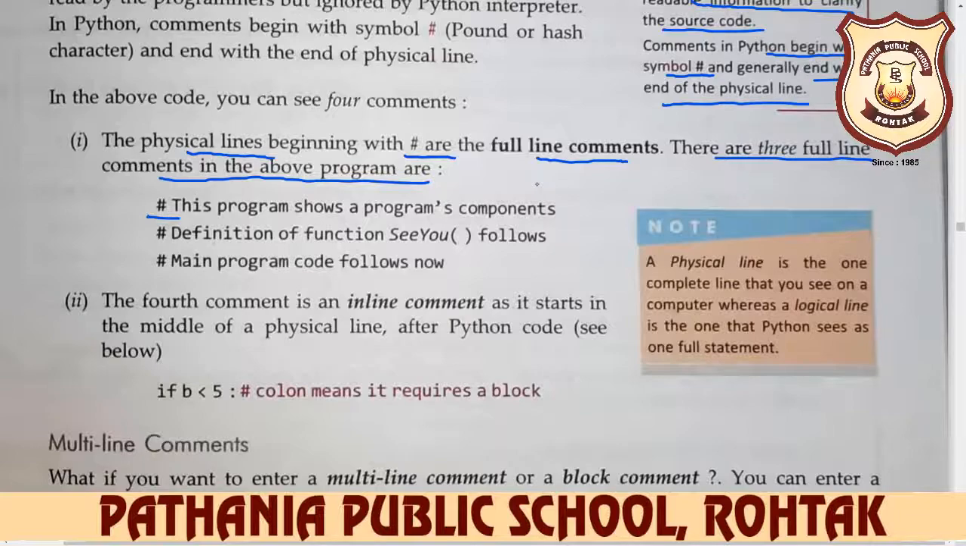These are your comments. Comments increase the program readability. So you write down comments in your program for identification, to increase the readability of your program, and for identification of the variables, definitions and functions to the users. The fourth comment